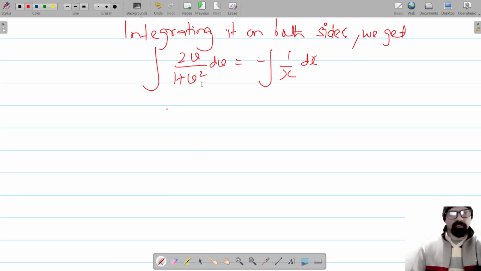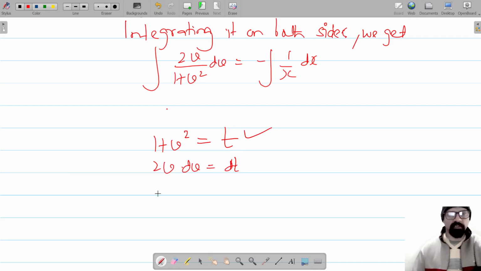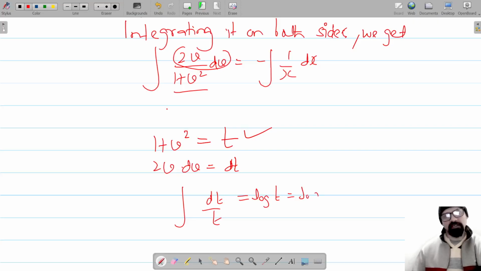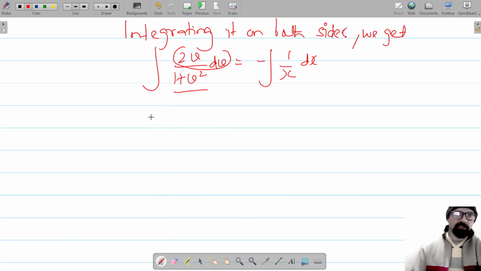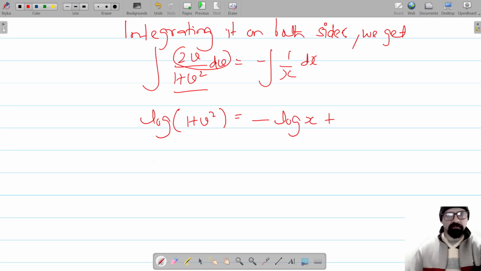सो टू v अपॉन वन प्लस v स्क्वायर की इंटीग्रेशन हो जाएगी log ऑफ वन प्लस v स्क्वायर। तो कैसे करेंगे मैं आपको बताता हूँ, वन प्लस v स्क्वायर को मान लो t, तो टू v इंटू dv हो जाएगा dt, इसको डिफरेंशिएट करेंगे विद रिस्पेक्ट टू t, तो ये पूरा का पूरा जो है ये बन गया आपका dt, इंटीग्रेशन हो जाएगी dt और नीचे है t, वन प्लस v स्क्वायर है t, तो इसकी इंटीग्रेशन हो जाएगी log t, और t था आपका वन प्लस v स्क्वायर। ओके, तो इसकी इंटीग्रेशन है log ऑफ वन प्लस v स्क्वायर माइनस इंटीग्रेशन ऑफ वन बाय x होती है log x, और साथ में कांस्टेंट ऐड करेंगे, क्योंकि दोनों लॉग में है तो यहाँ पे भी कांस्टेंट लेट बी log c।